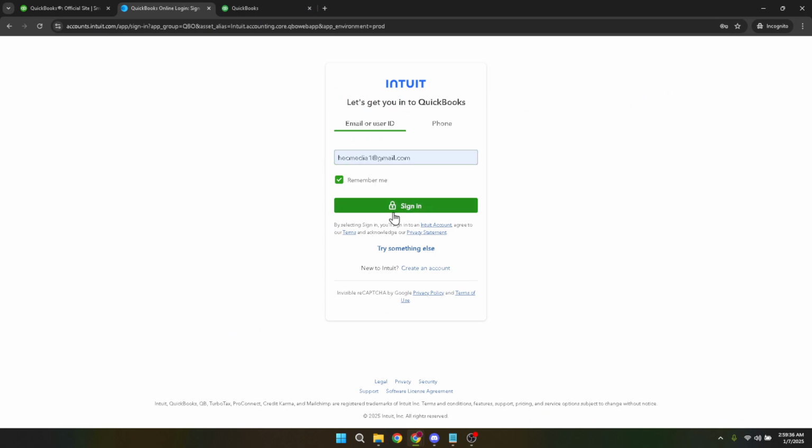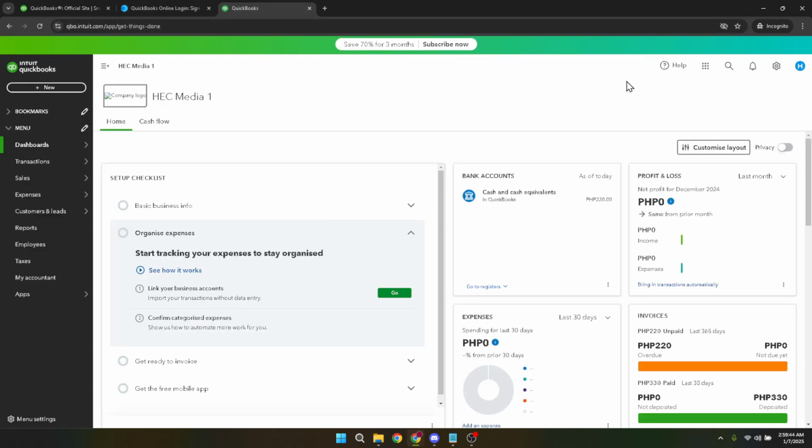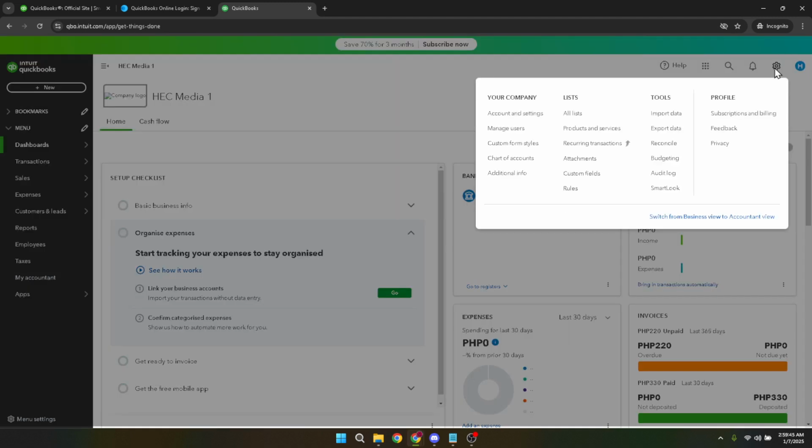Now that you're signed in, you'll have a view of your QuickBooks dashboard. It's full of all kinds of information and options. From here, we will navigate to the settings. Typically, there's a gear icon that represents the settings menu. Click on that. Once you've accessed the settings menu, you'll be shown several options related to your account customization and